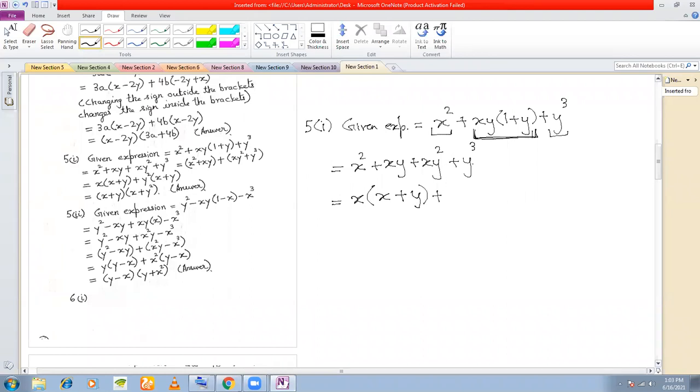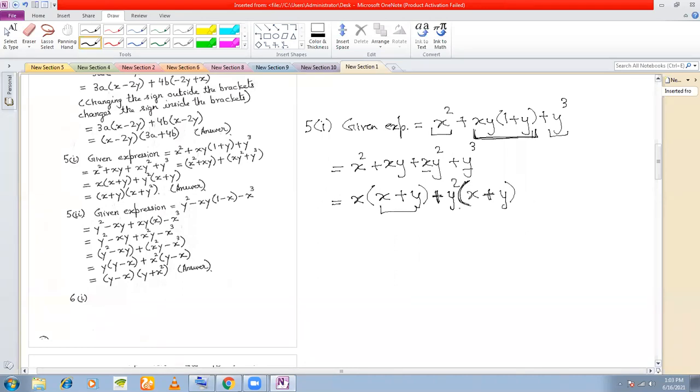Now among y square and y cube, these 2 terms, what is the HCF that you can take out? You can take out a y square, the lower power of y, right? And what are you left with? From xy square, you're taking out a y square to simply get an x here. Plus, the sign will not change here because there's a positive sign outside this bracket. So the sign will remain the same. And from y cube, you're taking out a y square, so you're only left with y cube by y square, which is y.